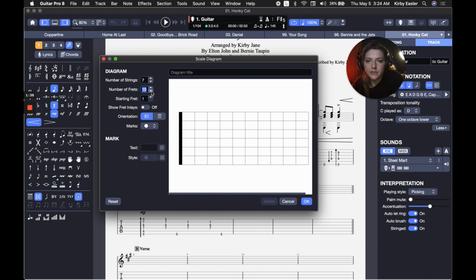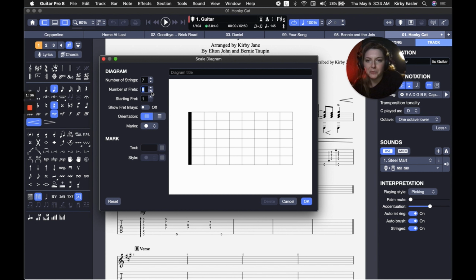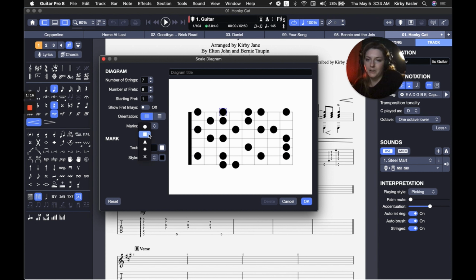You could show the whole neck if you wanted to do multiple different degrees of a scale altogether, but then you could just make up whatever you want. So if you've got your own ideas about how you want to present a chord or possible improvisation options around that voicing, and you don't just have dots, you have squares. Do you have squares? Yeah, you've got squares. So you could create a codified system if you wanted to,